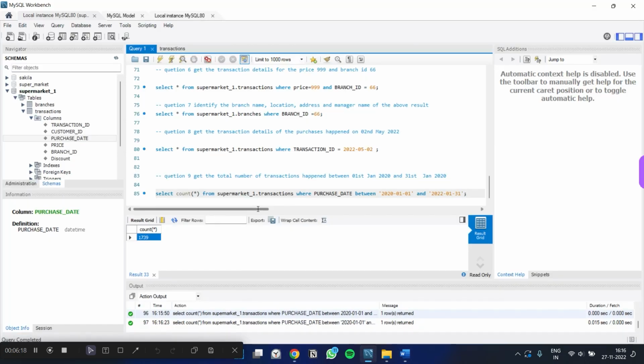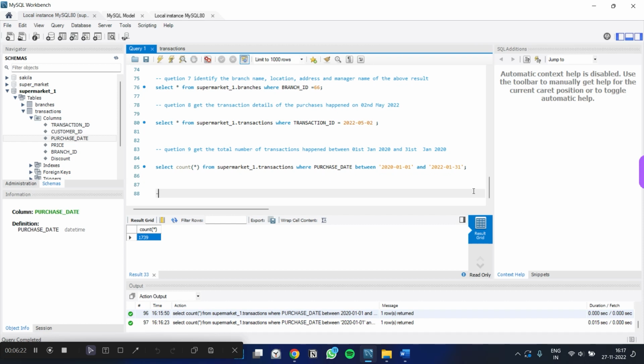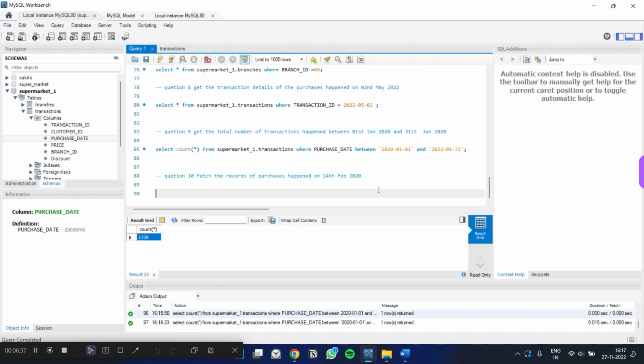Going back, question 10. I'll just write question 10 here. Question 10: Fetch the records of purchases happened on 14th February 2020. So select